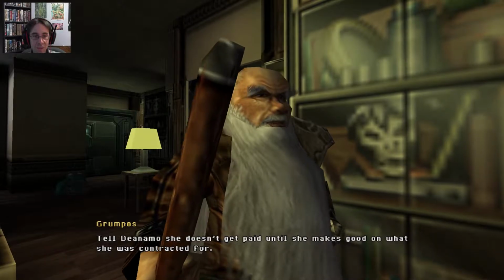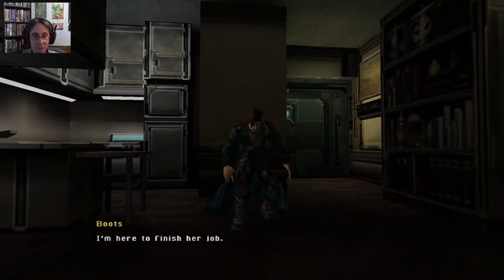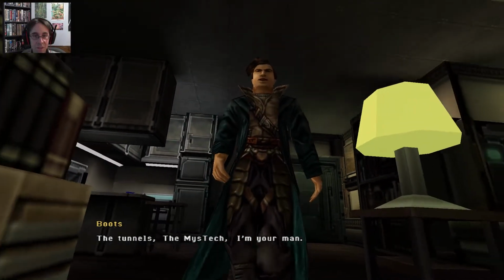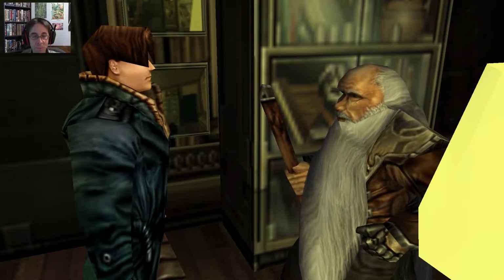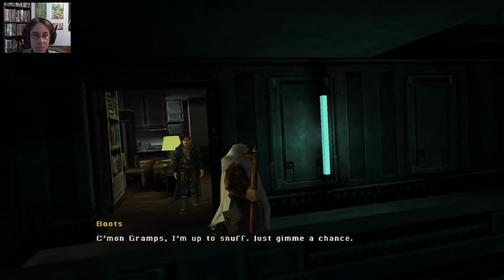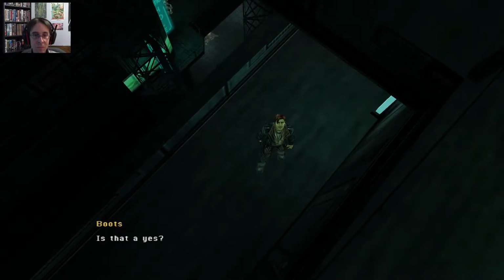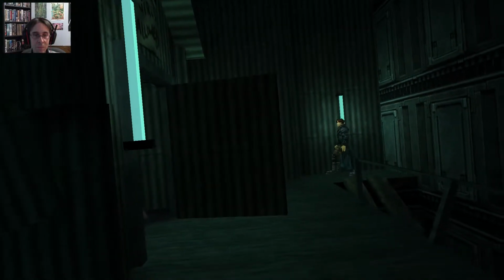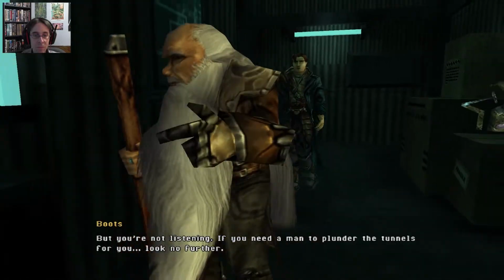Tell Dianimo she doesn't get paid until she makes good on what she was contracted for. Well, you know, actually, I'm not here for Dianimo. I'm here to finish her job. What did you say? The tunnels, the Mistech. I'm your man. I'm experienced and expensive, available. Yeah, and desperate from the look of it. No thanks. Come on, Gramps, I'm up to snuff. Just give me a chance. You need an escort, I need a job. What do you say? Is that a yes? No? I'm in the middle of something. Will you stop distracting me? But you're not listening. If you need a man to plunder the tunnels for you, look no further. I'm your...